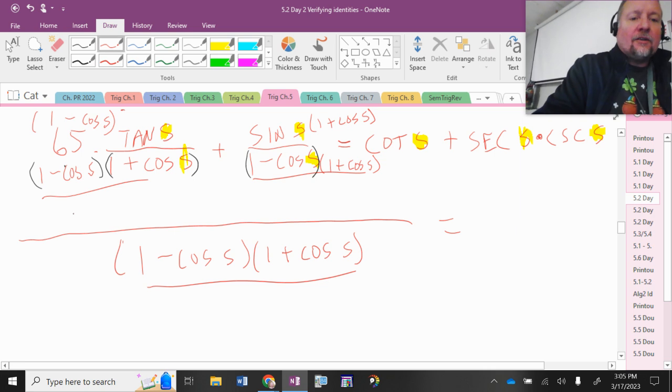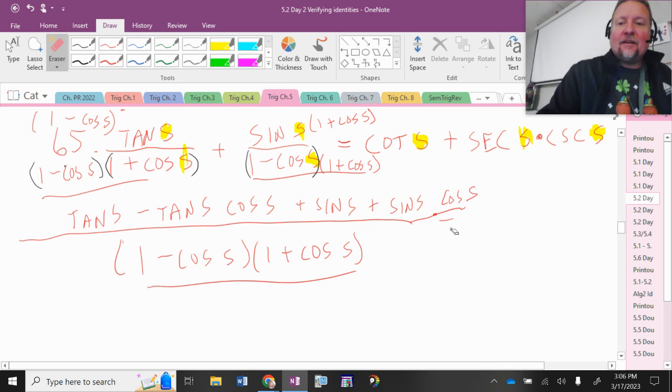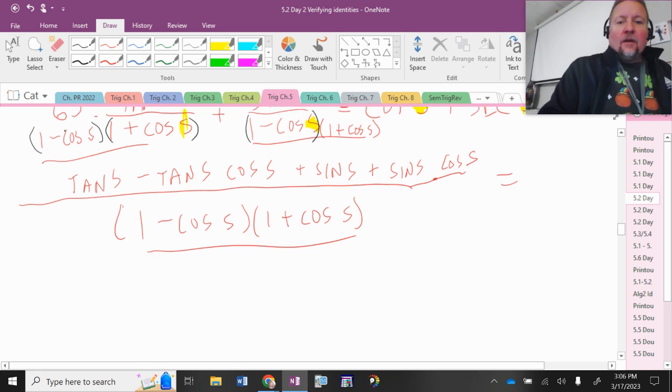All right, distribute the tan. So I got tan s. Distribute the tan minus tan cosine. Sorry. Oh, I said I was going to turn these into x's, but I guess I'll stick with the s's. Plus sine of s, plus sine of s, cosine of s. Right? Sine of s, cosine of s. Sorry, my double s's got me confused. Equals. Okay, now